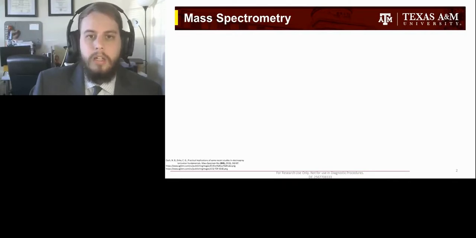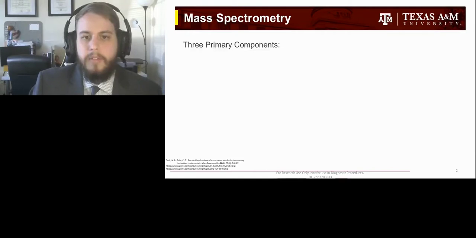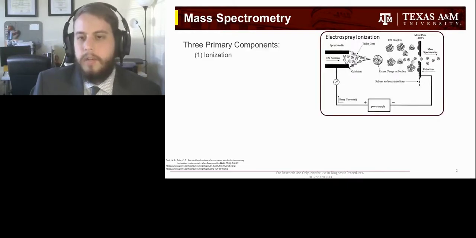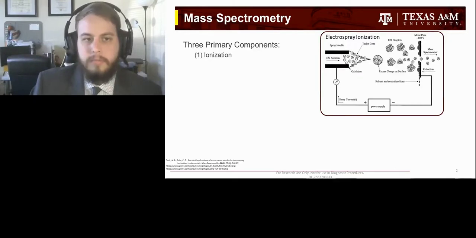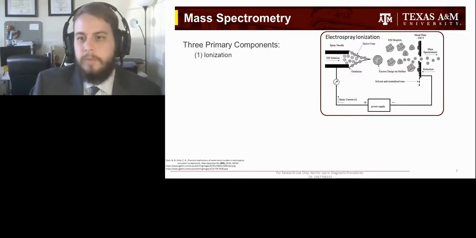So to start, a little bit of background on mass spectrometry. Mass spectrometry really has three primary components. The first one that we're interested in is ionization. And with ionization, the main ionization method that we use in our lab is electrospray ionization. So with electrospray ionization, you have some electrospray solution, or you have some solution in a spray needle with, in our case, a positive potential for positive ion mode,